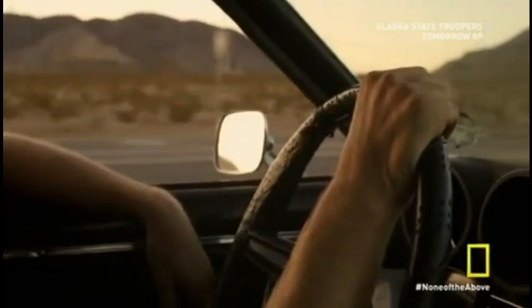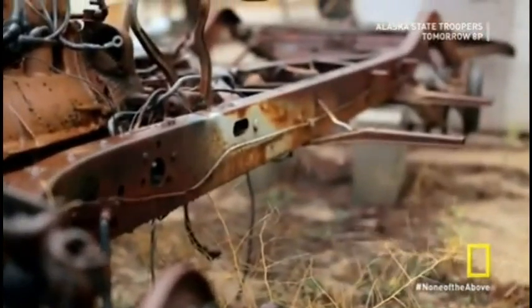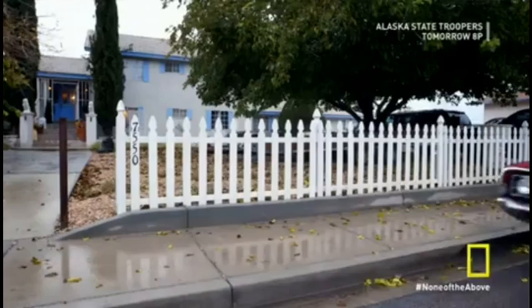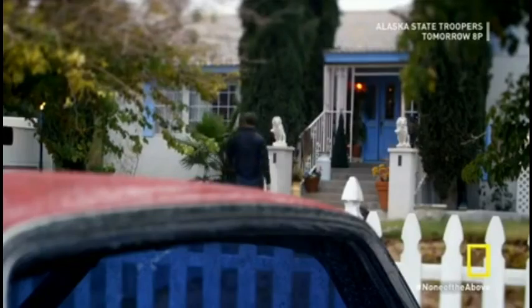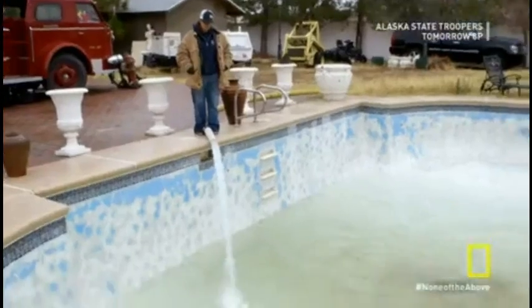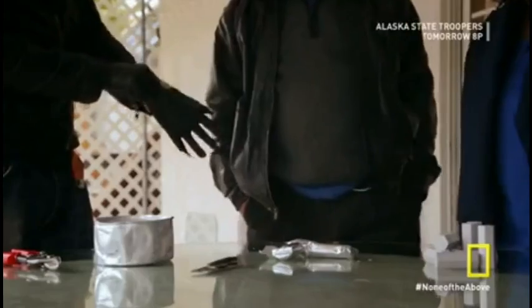Over time, some metals will rust through exposure to water. But I'm looking for a reaction which is far more dramatic than rust. I want to show how some metals will instantly react with water with spectacular results. First, I need a swimming pool, some volunteers, and a good old pair of rubber gloves to protect me from